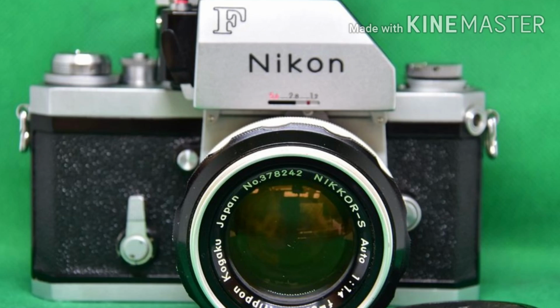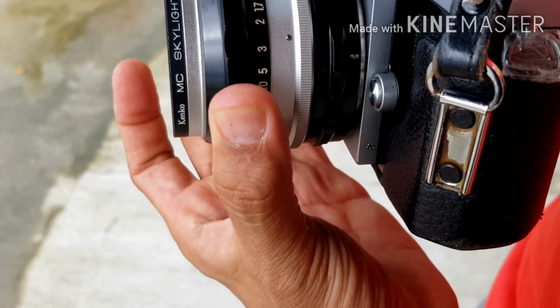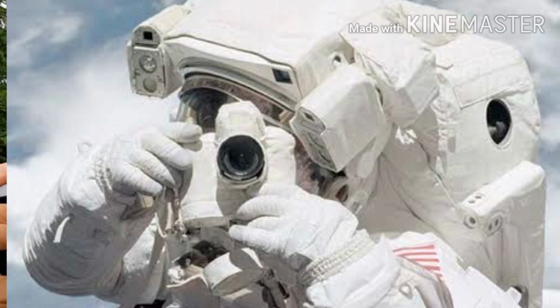Good afternoon guys, this is Dong. This afternoon we have here this Nikon F, one of those famous and iconic SLRs of the century. This one started it all, especially when it was released in 1959 by Nikon Japan. And it is so famous that it was used by NASA when they went to outer space during the 60s. And I have already loaded here black and white film, ISO 400, and we'll try